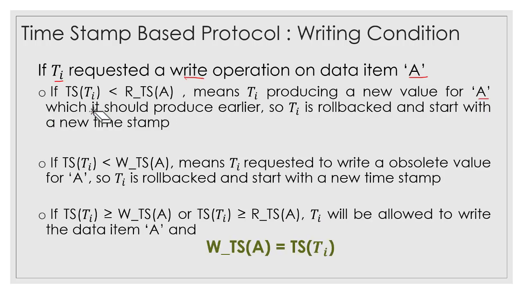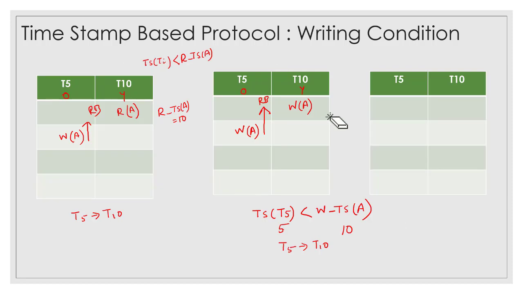So this is my second condition. If the timestamp of Ti is less than the write timestamp of the data item A, it means Ti requested to write an obsolete value for data item A. So Ti is rolled back and started with a new timestamp. Because the younger transaction has already written that data, writing the value by the older transaction means I am writing an obsolete value, because the older transaction should perform the write operation earlier. So we are going to roll back that older transaction and restart it with a